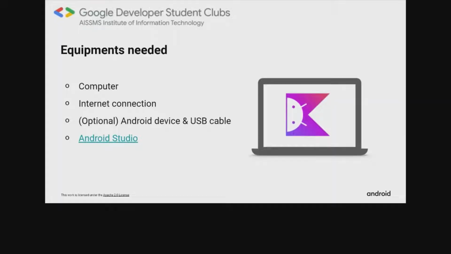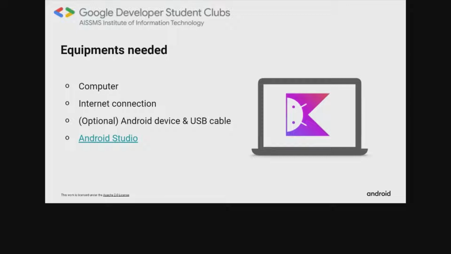There's no alternative for this, so sorry for that. But there's a catch here because Android Studio is quite resource heavy. So for those who have systems with better configurations like an i5 processor or 8 GB of RAM, you are good to go. But for those who don't have such configurations, it's going to be a work of patience for you guys.